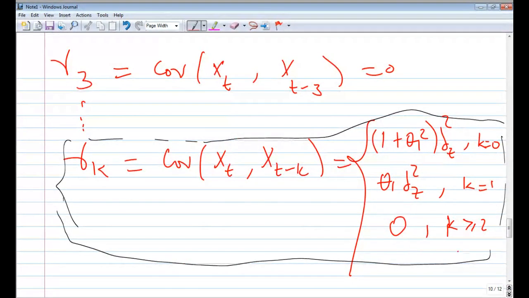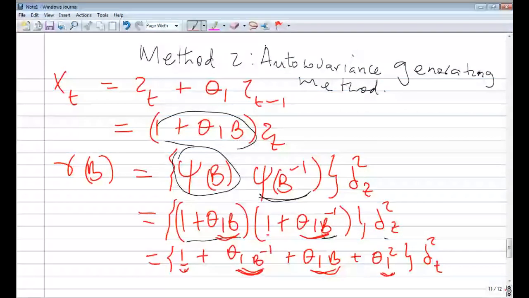Just because here, instead of writing 0 for k greater or equal to 2, I wrote 0 otherwise. Otherwise, it's the same thing. It simply means that it is 0 for others. It's either you write 0 otherwise, or 0 for k greater or equal to 2, or you write 0 for k greater than 1. So it's the same thing.